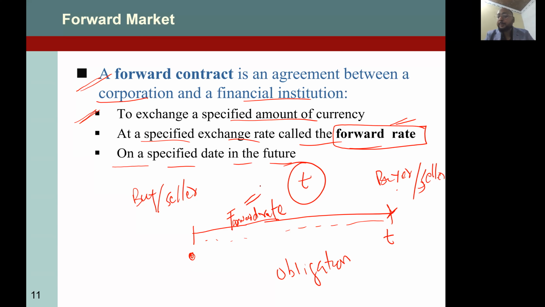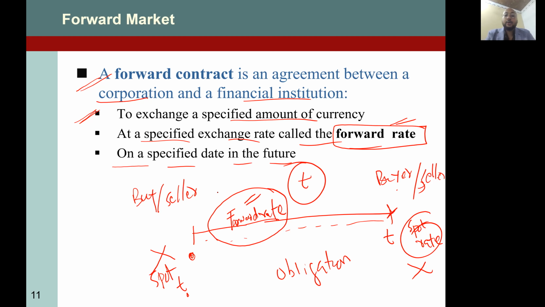So no matter how much the spot rate is at this time, you don't care about that. And how much the spot rate is here at time 0, you don't even care about that, because this is an obligation and you must follow